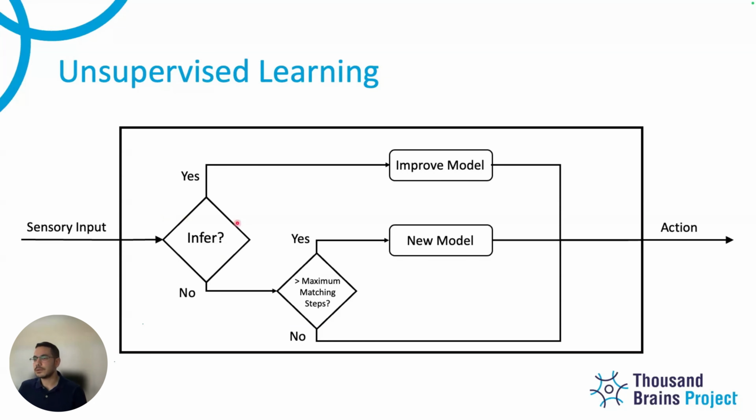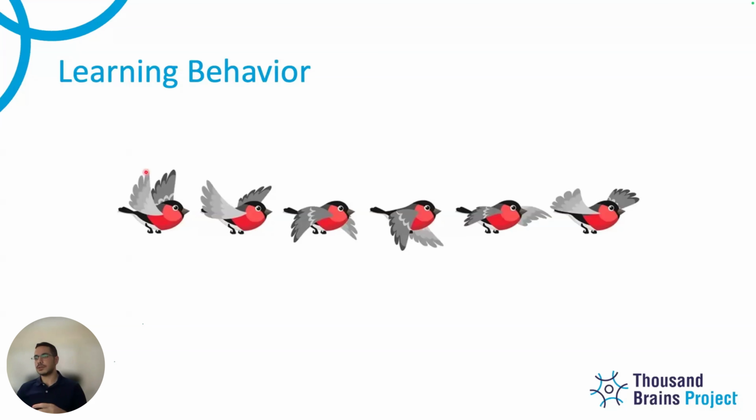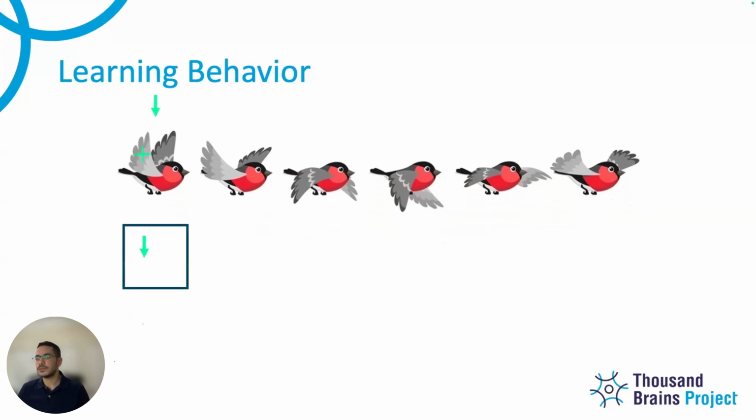Okay. I'm going to talk more about this part here, where in behavior models we may not be able to infer as easily as we do with morphology models, and why that may cause us to go into this branch more often. So consider a behavior model. Consider some behavior. This bird is flapping its wings, and we're trying to learn this behavior. So during learning, we start in the matching phase, and assuming we're starting from scratch, we don't really have a model, and we're just trying to learn this behavior.